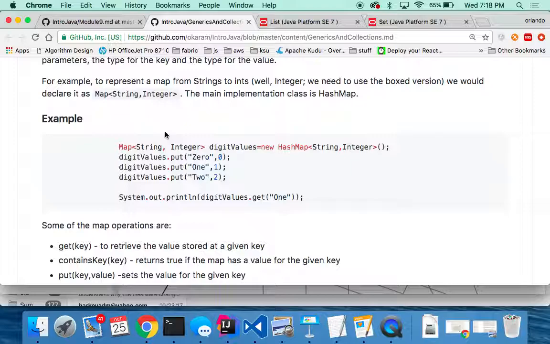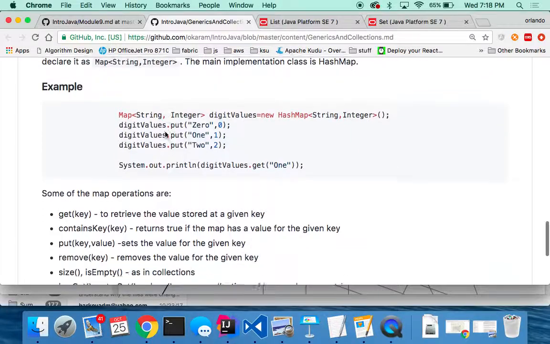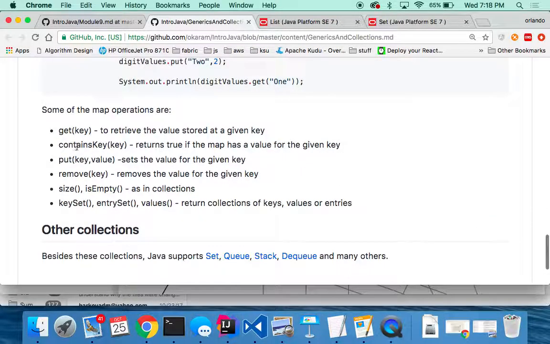You're saying you could map the word to the number 3? Yes, you could. And we have get, put, contains key, remove with a key, size, and then key set, entry set, and values,